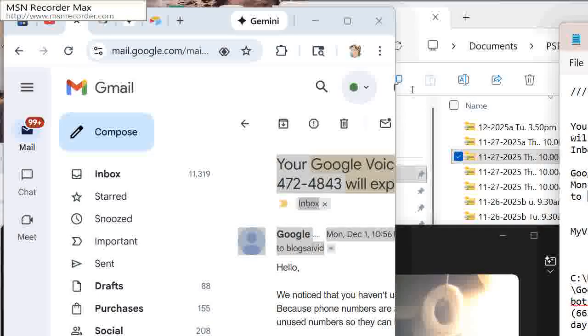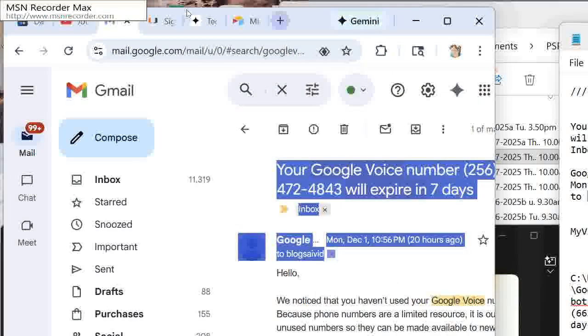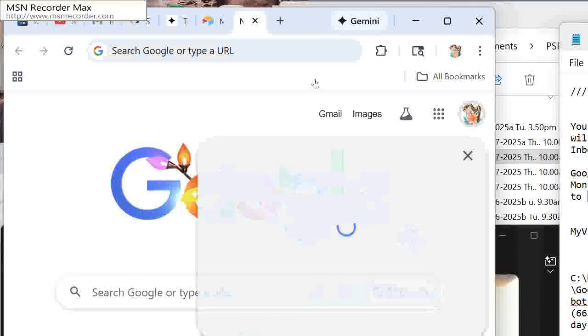Edit, copy to the clipboard buffer, and then opening another instance of the browser and selecting